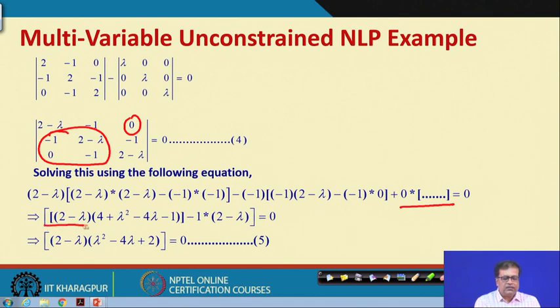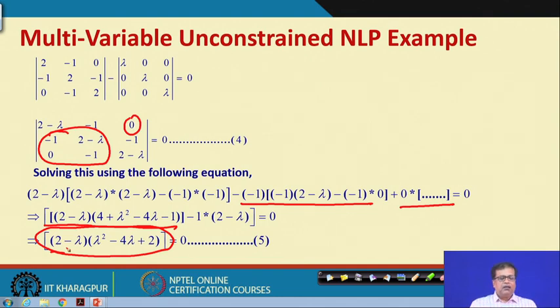So, all of these are the first term. Then in the second term also, if you take out 2 minus lambda, then this term is 0, and we have a minus 1 here. So, all that minus 1 will come inside. So, this is 3 minus 1. So, it becomes 2, and 2 minus lambda can be taken common, right. So, finally, we get this kind of equation: (2 minus lambda)(lambda square minus 4 lambda plus 2) equal to 0.